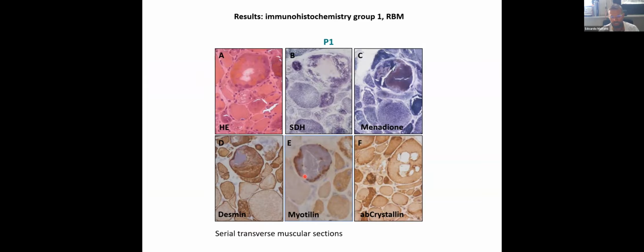The same is for myotilin, that is really at the edge of this reducing body,